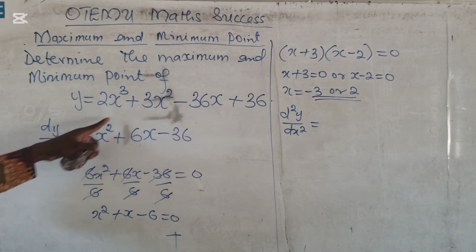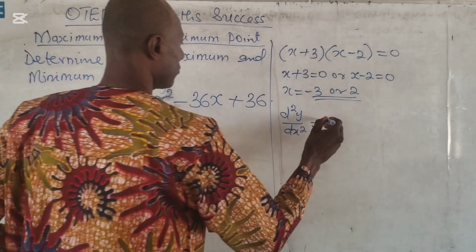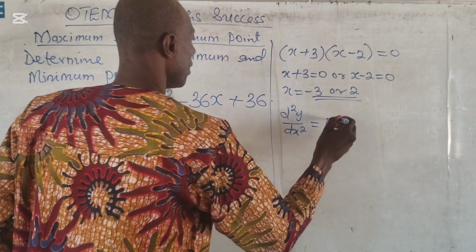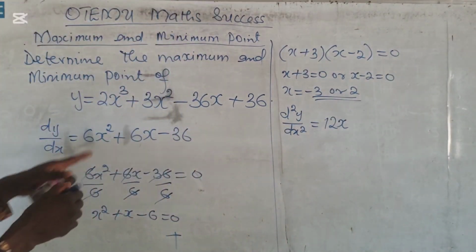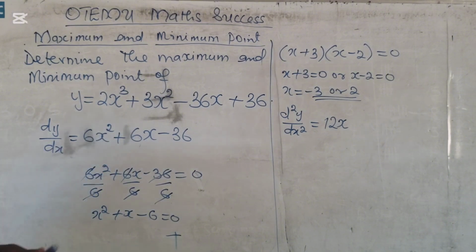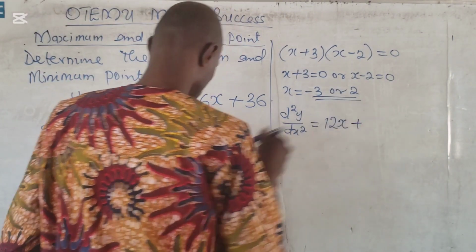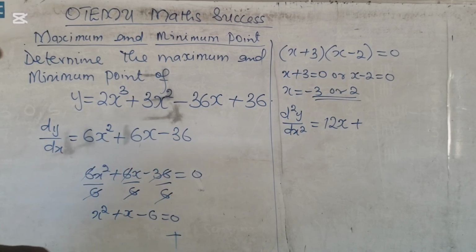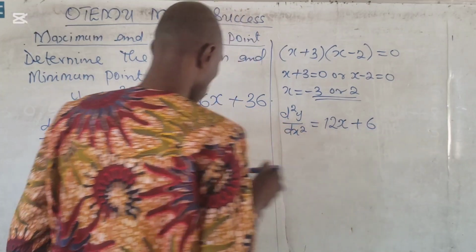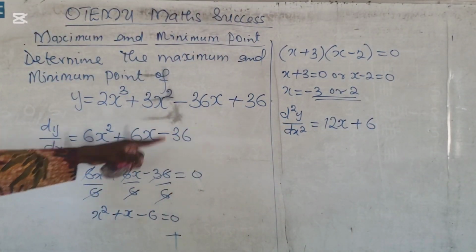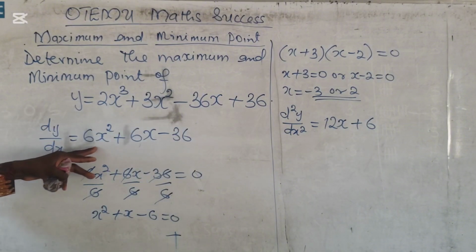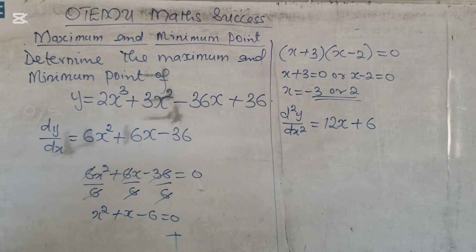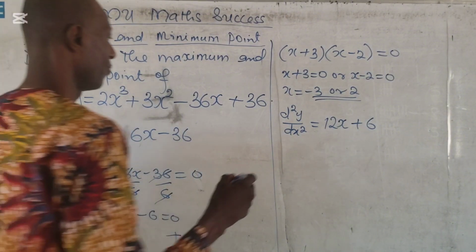When you differentiate here, this time this gives us 12x. Then 2 minus 1 is 1. So I'll now say plus 6 times 1 is 6, and 1 minus 1 is 0. So that one is 6. So when we differentiate this, we have 12x plus 6. Now, we now say, okay,